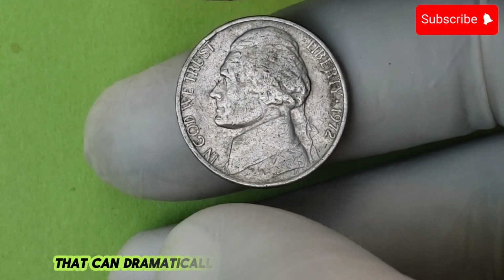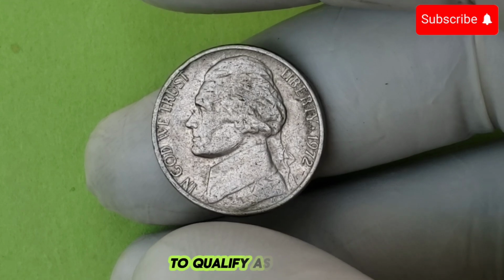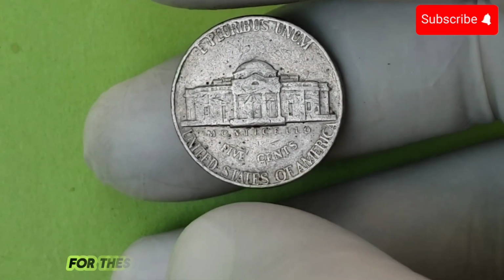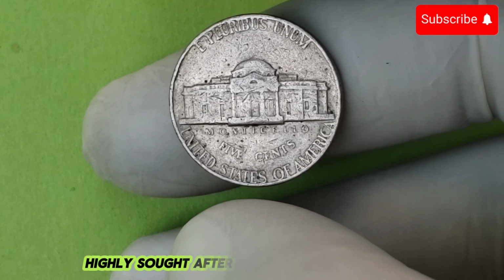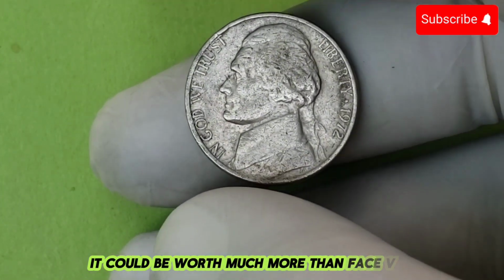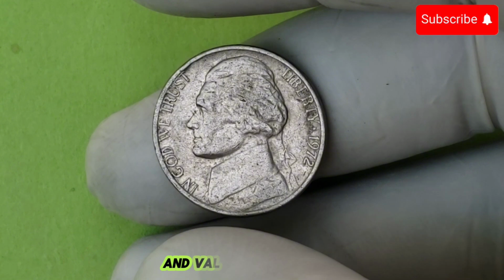Another feature that can dramatically increase the value of a 1972 nickel is if it displays what's known as full steps on Monticello. To qualify as full steps, all 6 steps leading up to Monticello must be fully visible and unbroken. Since it's rare for these fine details to be preserved in circulation, coins with full steps are highly sought after and command premium prices. If you have a 1972 nickel in pristine, uncirculated condition, it could be worth much more than face value. Coins graded at high levels, such as MS65 or higher by grading services, are rarer and valued by collectors for